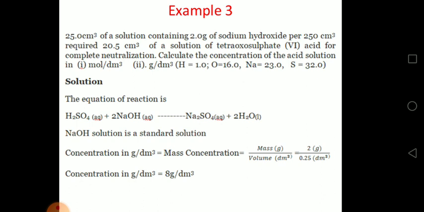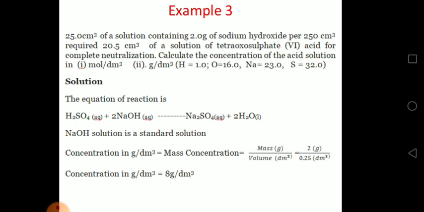25 cm³ of a solution containing 2 grams of sodium hydroxide per 250 cm³ required 20.5 cm³ of a solution of tetraoxosulfate(VI) acid for complete neutralization. Calculate the concentration of the acid solution in mol/dm³ and in g/dm³, and you are given the relative atomic mass of the elements stated. Now I want us to look at it